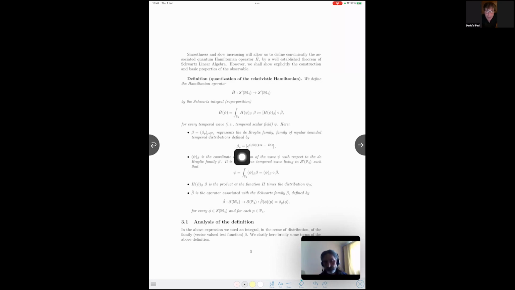As you see, we have one wave for each p. p is a 4 vector, and we have the components of this 4 vector presented here: the 3 momentum p and the energy component E. So we use the Schwartz integral and the continuous basis of de Broglie waves to construct the Hamiltonian operator for